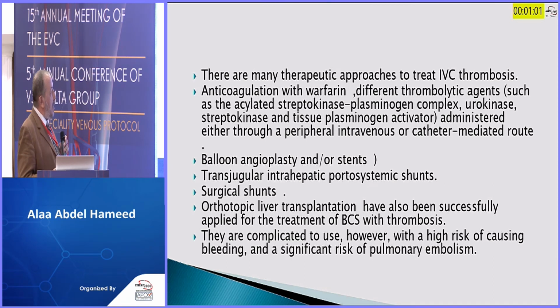There are many therapeutic approaches: anticoagulation with warfarin, different thrombolytic agents, whether catheter directed or through the peripheral intravenous route, balloon angioplasty and/or stents, or portosystemic shunts, or the last option, which is the surgical shunt, and finally, if the patient develops liver cell failure, liver transplantation. They are very complicated. They have a high risk of causing bleeding and a significant risk of pulmonary